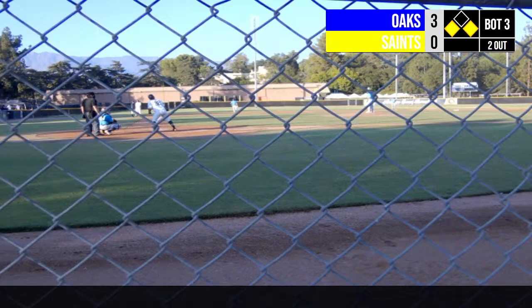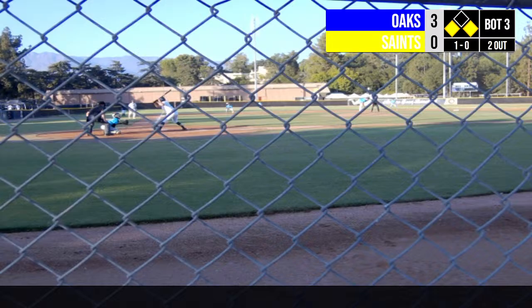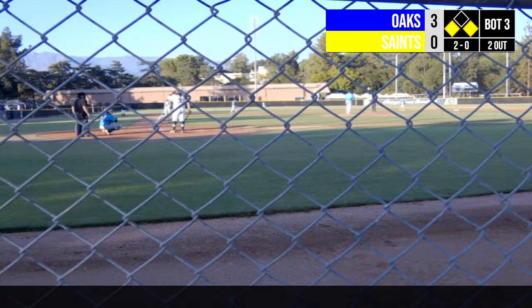Well, that brings up Cody Turner with runners on 1st and 3rd. 2 outs, almost the same story as the first inning. First pitch is downstairs for a ball, 1-0. Well, this is the second inning where we've seen the Saints in a situation where they have 2 on and 2 outs. Of course, in the first inning, it was when they put their first 2 guys on. Now they've put 2 on with 2 outs. 1st and 3rd, 2 outs. 1-0 to Turner. Umland deals. Fastball misses outside. It's 2-0 on Turner, and I have to wonder if we'll see Cody Turner on the mound